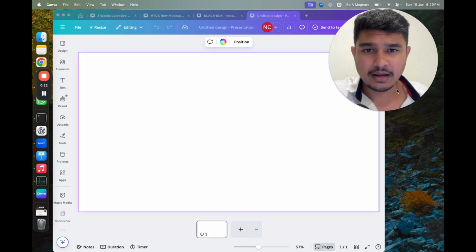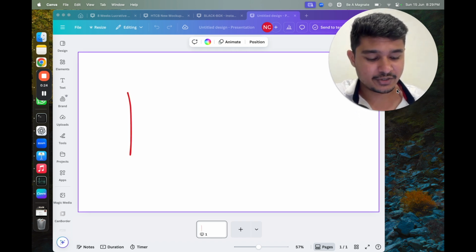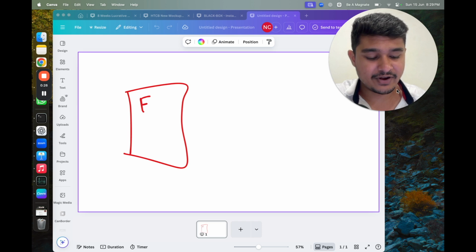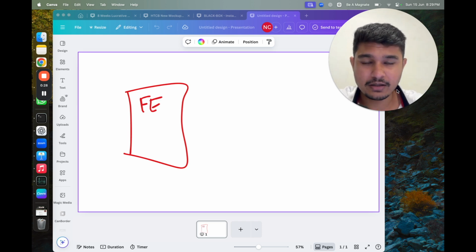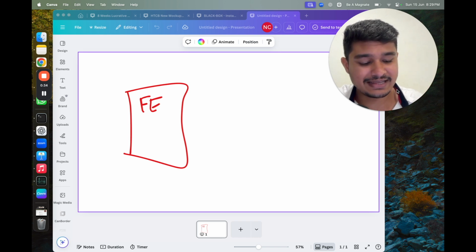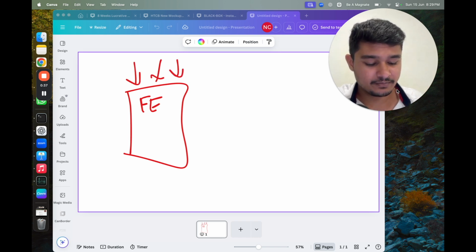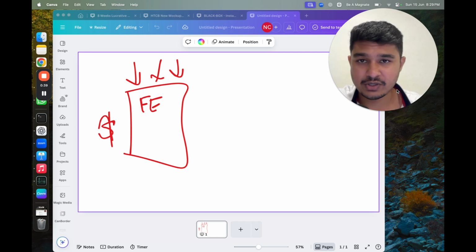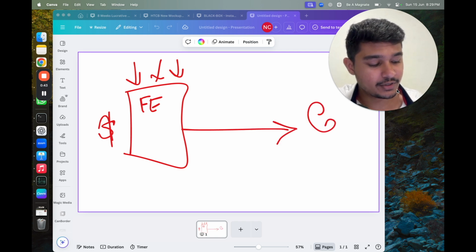Perfect. Now he was building a sales page where he wanted to sell his front end product, right? And he asked me a very simple question. And the funnel looked like this. He was selling this front end product, right? So he was running ads to this front end product and he was converting these people to one calls